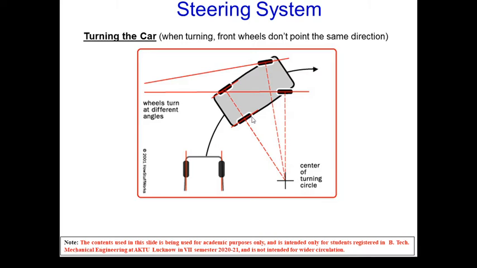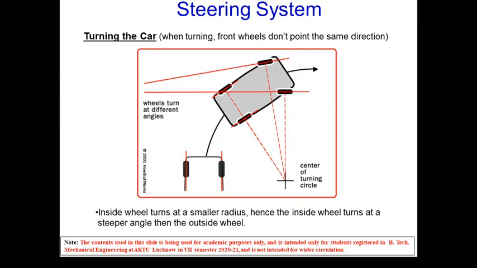If they are not aligned, then what will happen? There may be some skidding of the tires, so this will wear the tire. To achieve this, we must ensure that while turning the car, all the wheels turn about a common center, that is the center of the turning circle or instantaneous center of rotation. To achieve this condition, the rolling component of the velocity must be in line with the translational component so that skidding can be avoided.